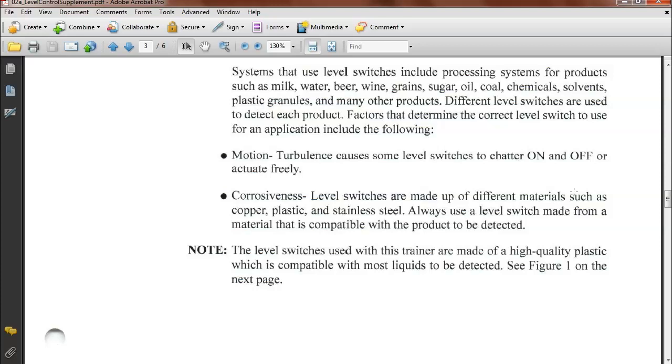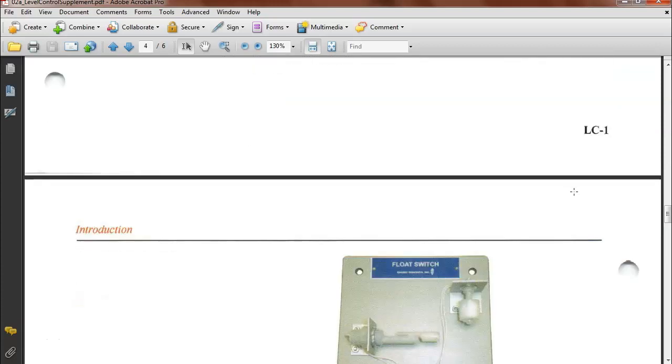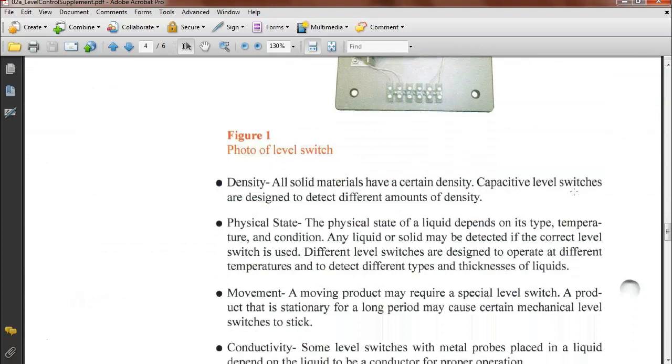What else did it say we need to consider when we buy these things? The density. All solids have a certain density. Capacitive level sensors are designed to detect different amounts of density. The physical state of a liquid depends on the type, temperature, or condition of the liquid. We had to compensate for temperature on scales. The digital scales I worked on